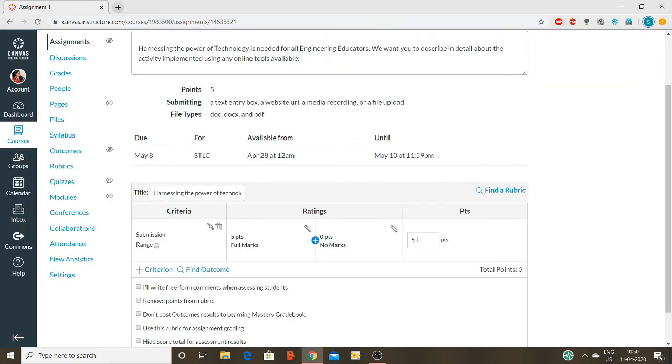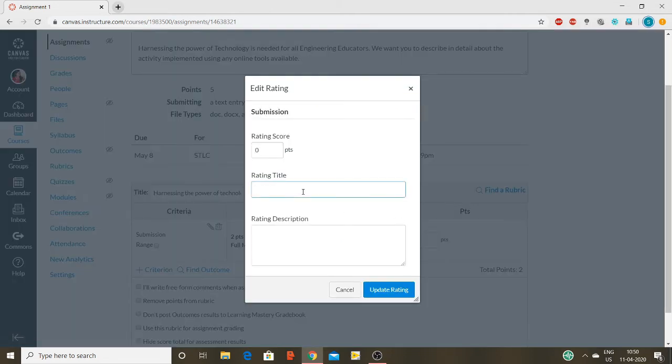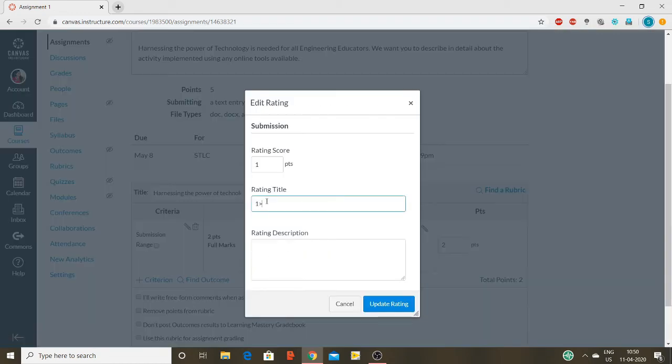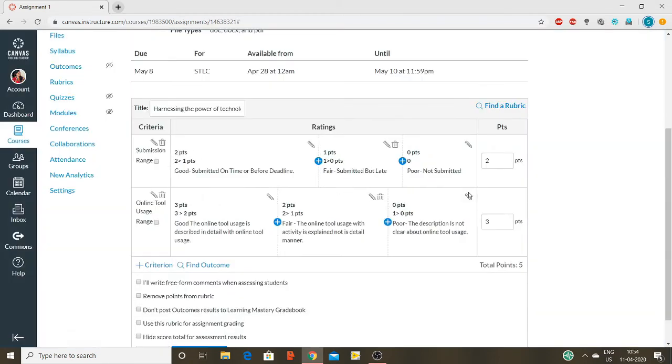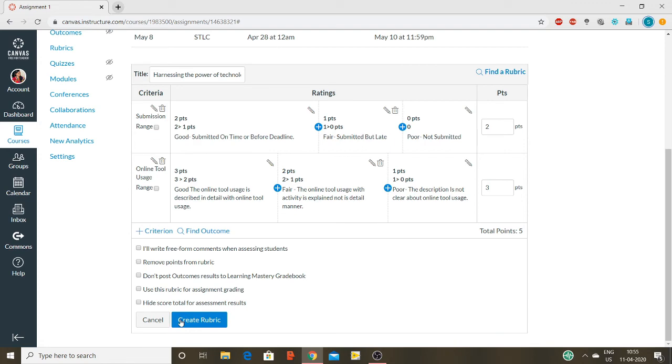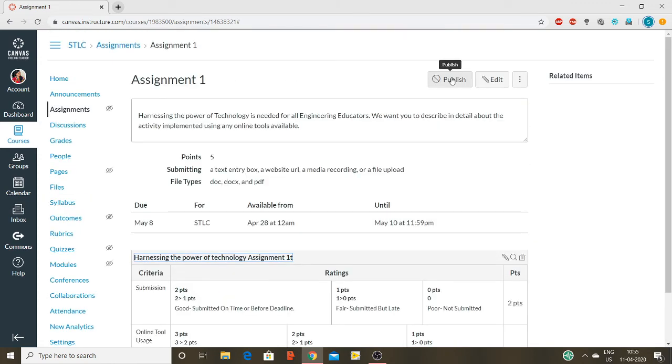To edit the rating under rubric, we need to go for the pencil tool, and hence we can edit the rating title and the rating description. In the same manner, we can create new criteria and add our rubrics. And finally, we need to create the rubric.